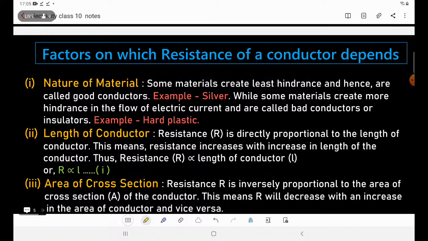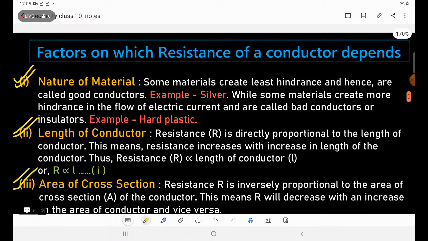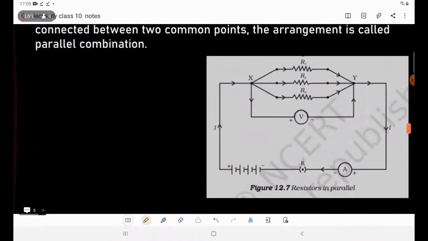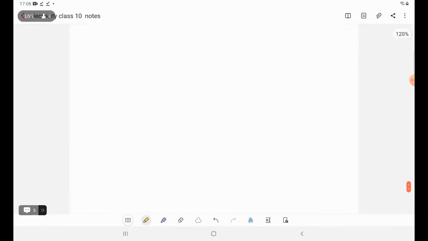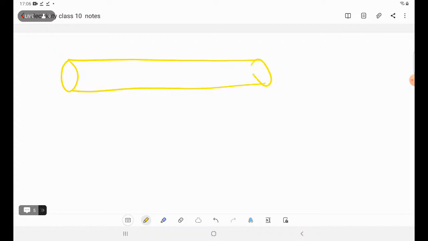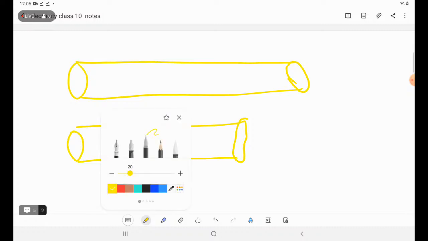Now there are certain factors on which resistance depends. There are three main things. First one is nature, second is length, and third one is area. Let us take the length first. So this is the short length, this is long, and this is short, right? Now in which will the resistance be more? If you are thinking this one,